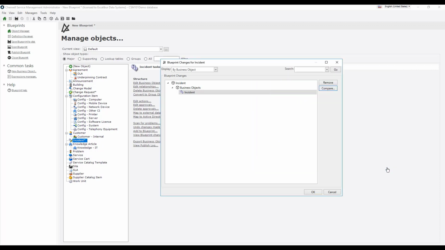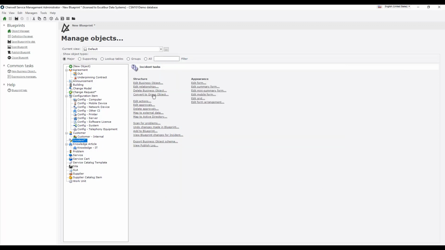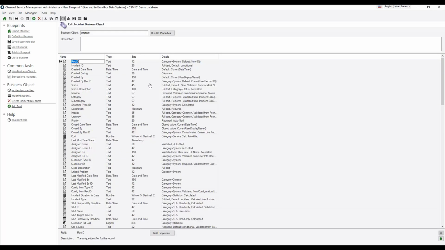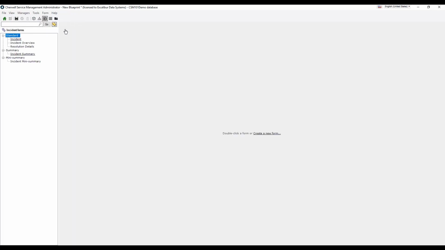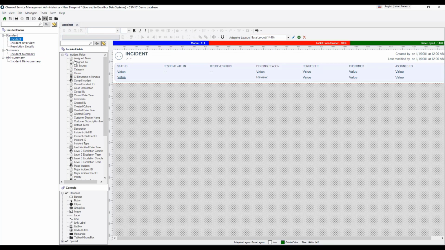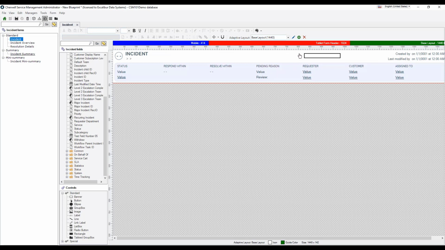But if we were to do something such as add that field to a particular form, I've gone back in to edit the incident object, and I'll just open up the standard incident form, and we'll drag a field over there. We'll drag the field that we created over to the form. Again, we'll update the blueprint, and now